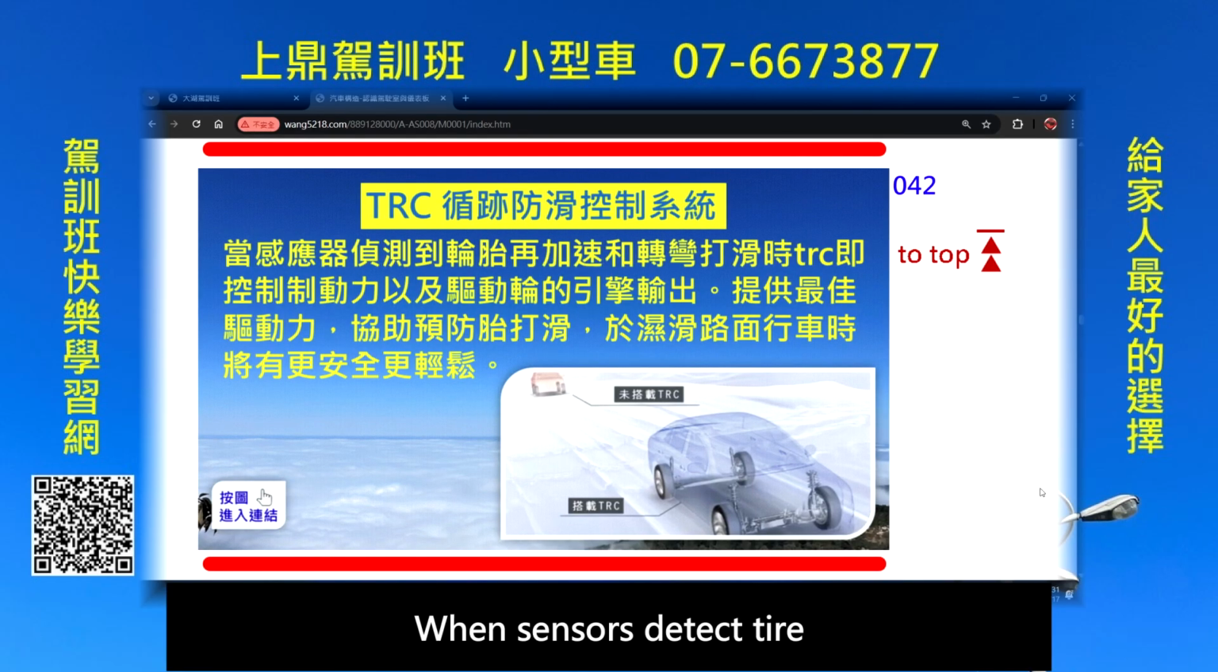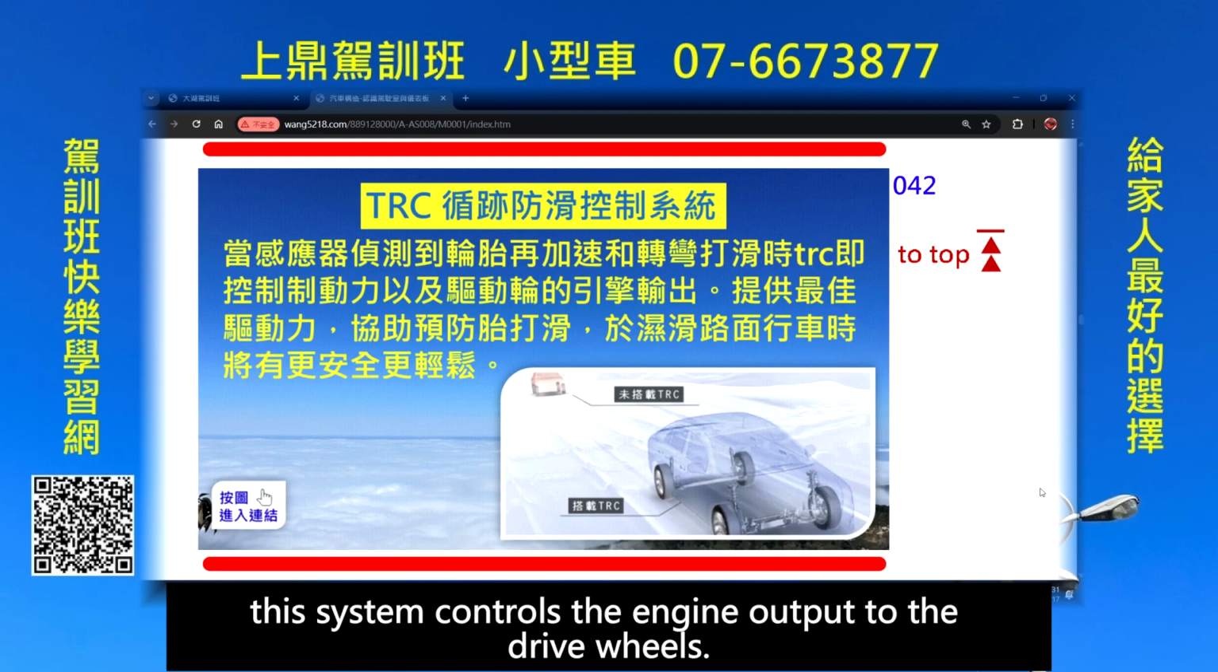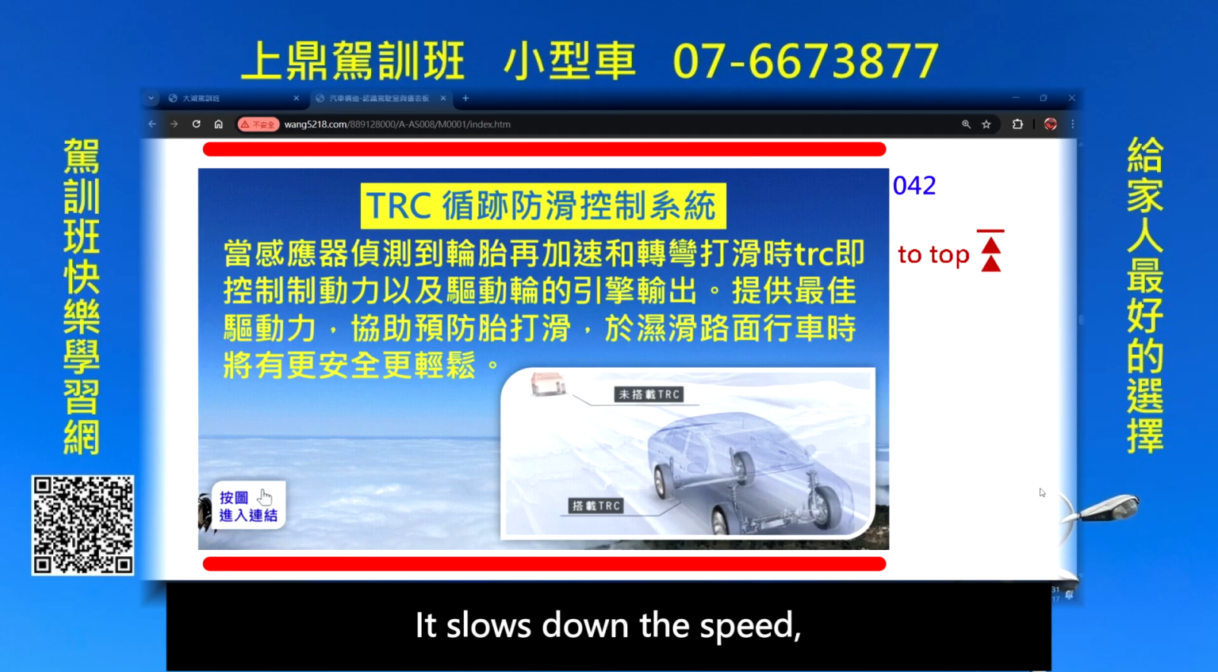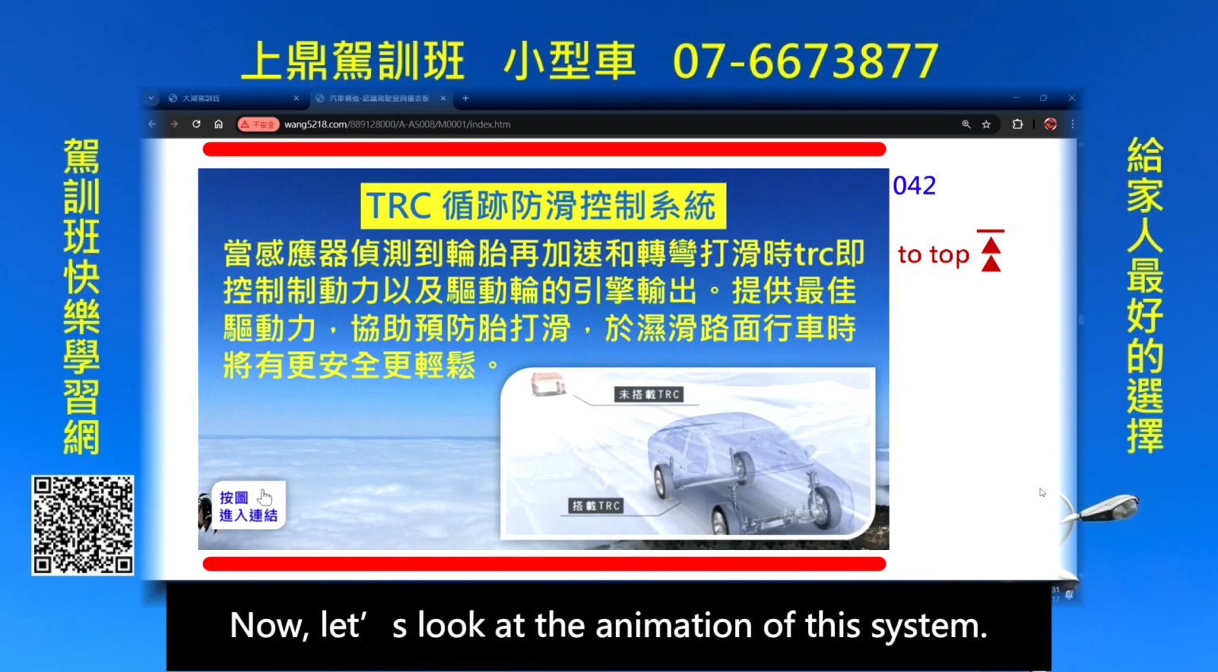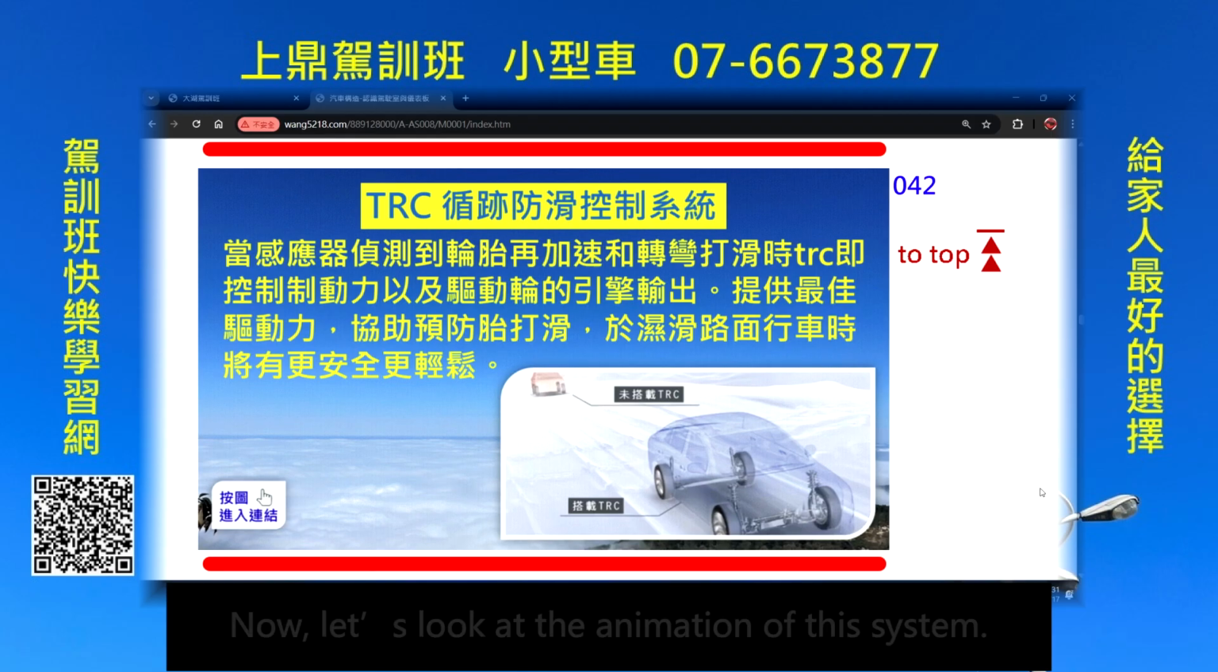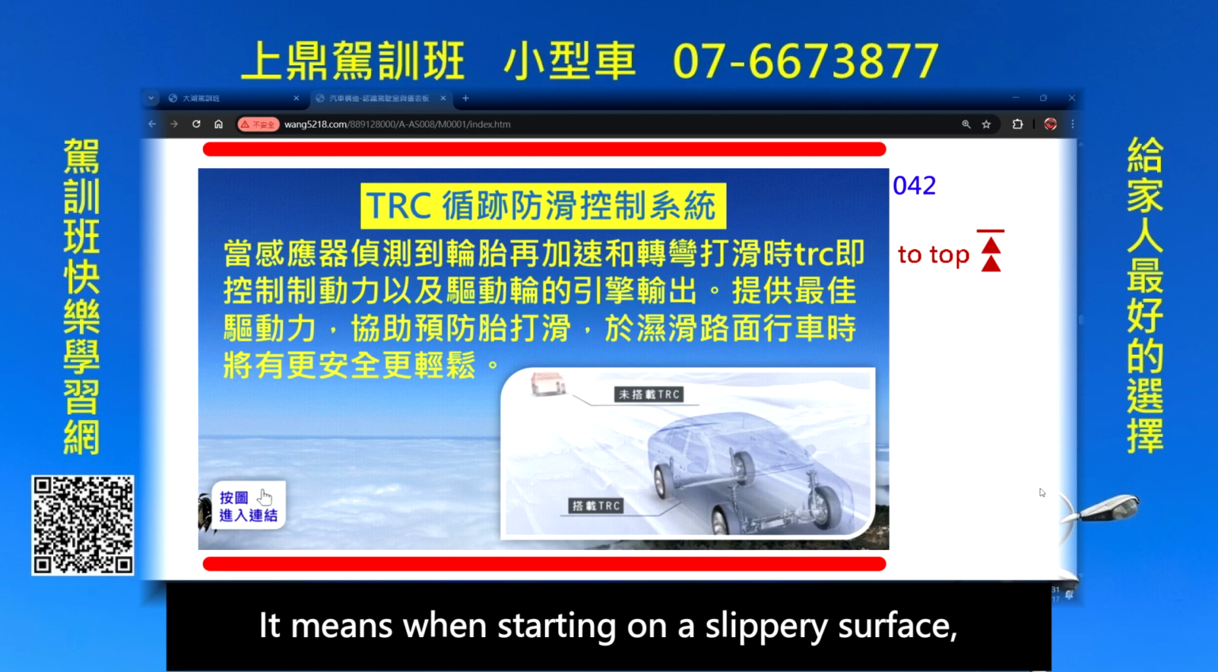When sensors detect tire slipping during acceleration and turning, this system controls the engine output to the drive wheels. It slows down the speed, providing optimal traction, assisting in preventing tire slipping. Driving on slippery surfaces becomes safer and easier. Now let's look at the animation of this system. It means when starting on a slippery surface,